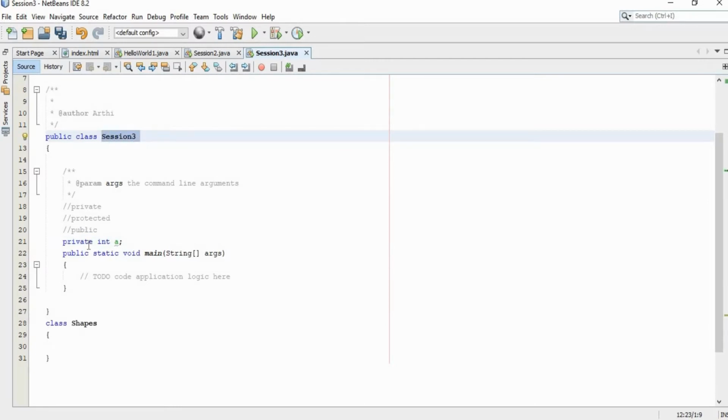In this class, I have created a variable a with the access specifier private, which means this variable a cannot be used inside any other classes. If I attempt to use this value of a in the Shapes class, it will result in an error. This is a limitation of the private access specifier.